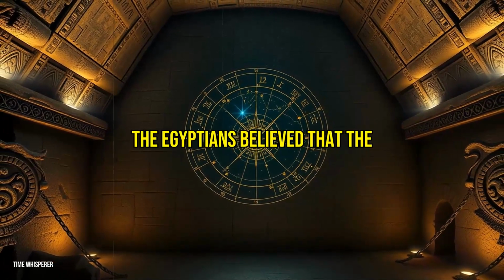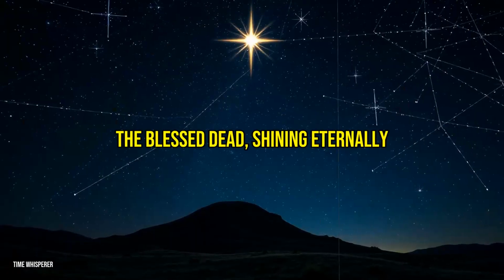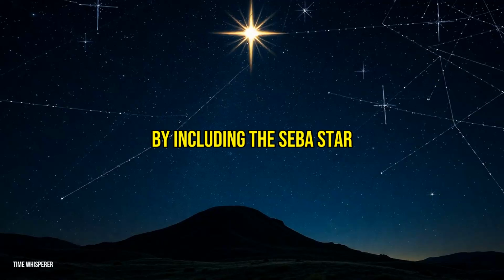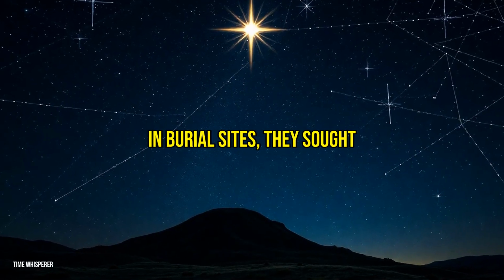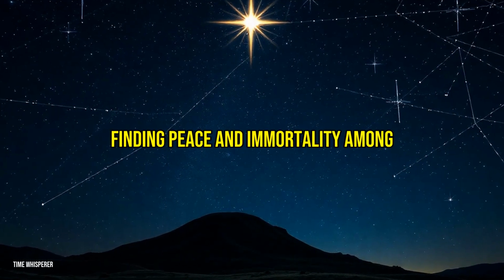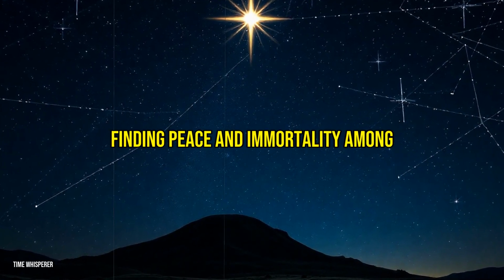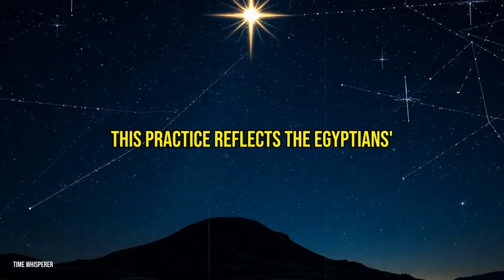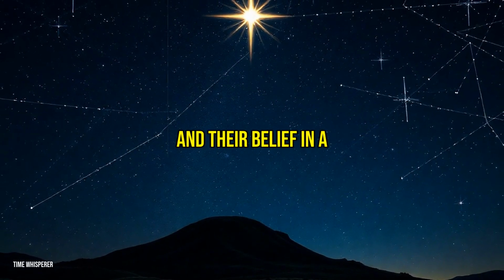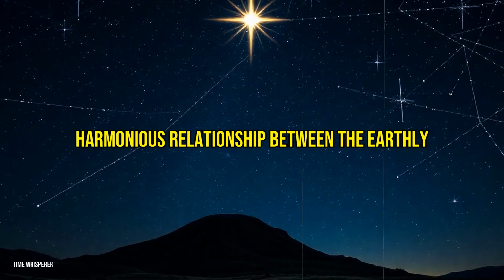The Egyptians believed that the stars were the souls of the blessed dead, shining eternally in the night sky. By including the Seba star in burial sites, they sought to ensure that the deceased would join this celestial assembly, finding peace and immortality among the stars. This practice reflects the Egyptians' deep connection to the cosmos and their belief in a harmonious relationship between the earthly